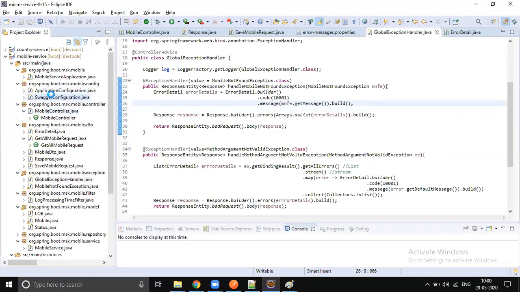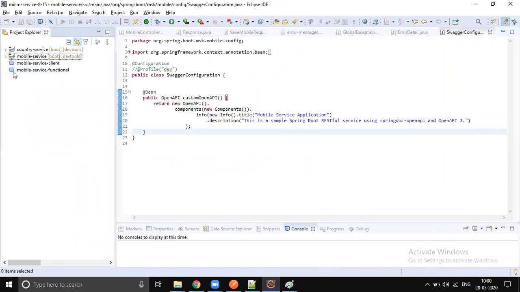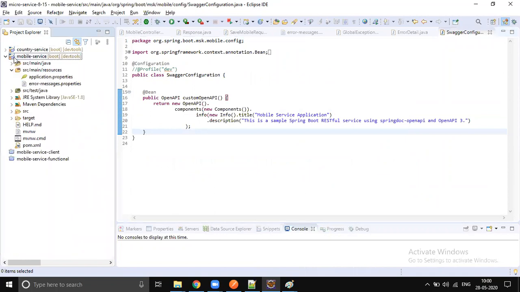We added Swagger integration. So start doing the hands-on and try to complete at least one service with all these features. If you really sit and do this, it won't take more than one weekend, Saturday and Sunday. If you are fully dedicated to this, at least you can complete one service.